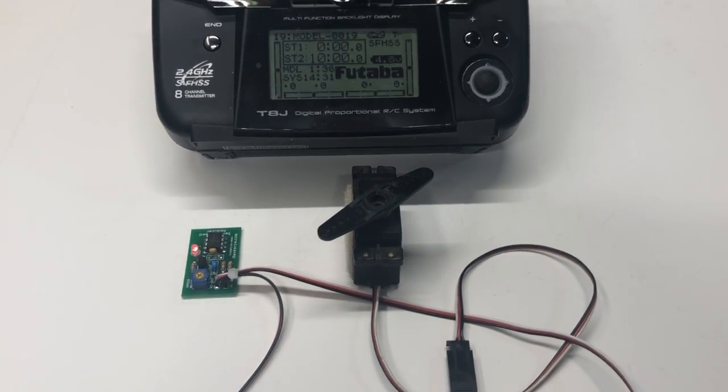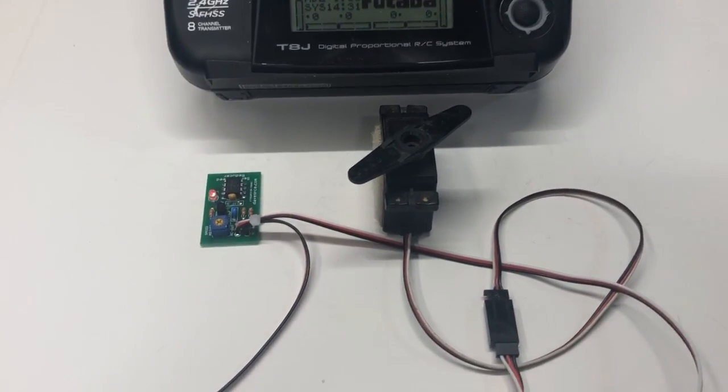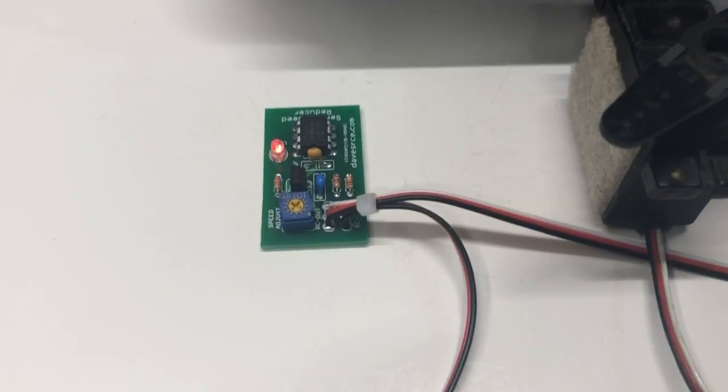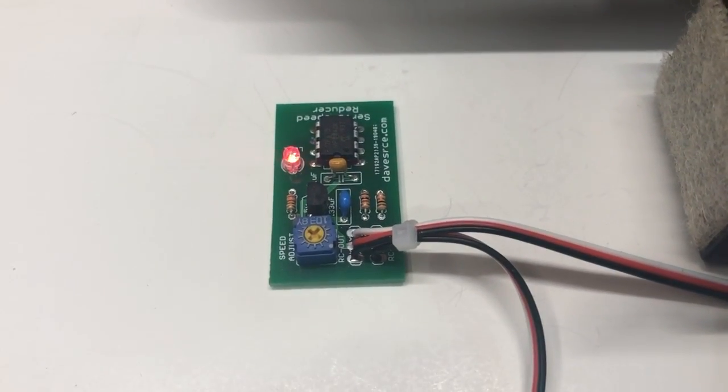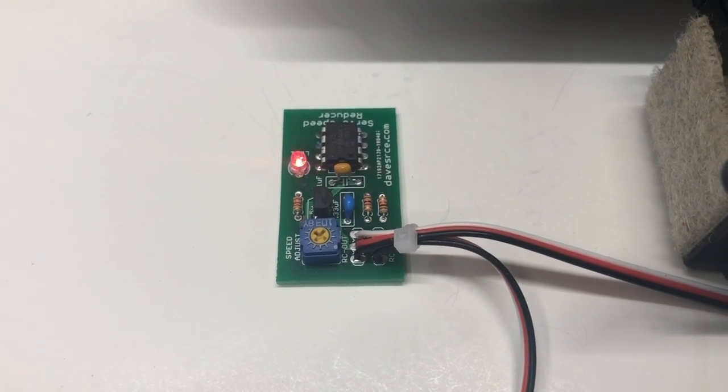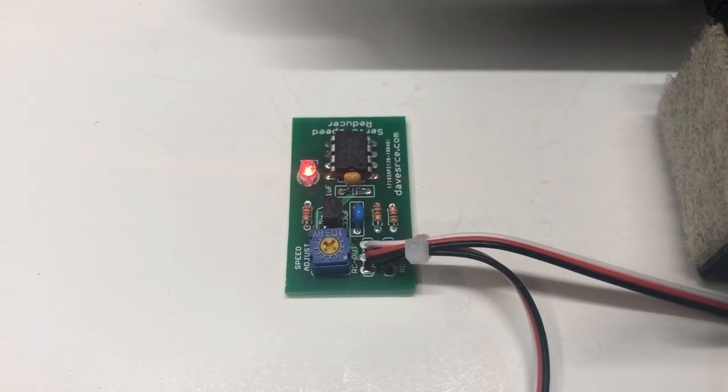Okay, Mike, I've got a little demonstration video here for you of the circuit that we've been working on together. This is a customized version of our servo speed reducer, and this one is designed specifically for RC cars,